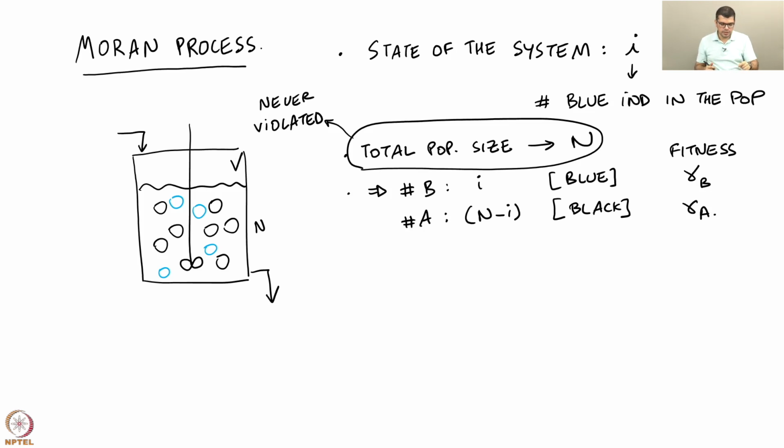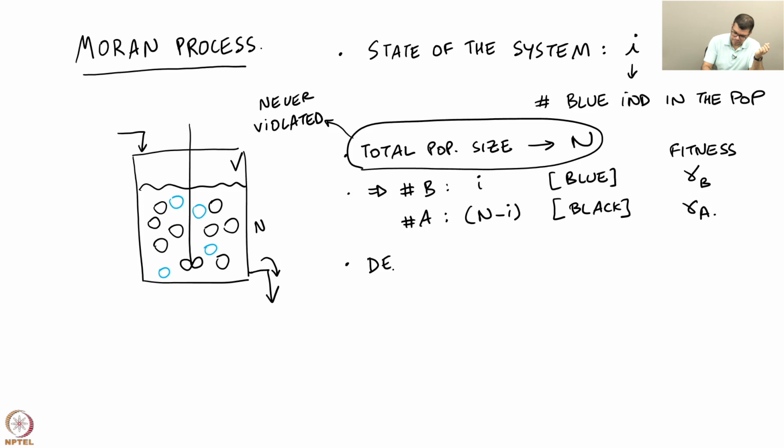However, as you can see, this is a chemostat, so there are bacteria being continuously washed away from this chemostat, and there are new birth events continuously taking place. So, total population size is always equal to n, but this is in the face of bacteria being washed away and bacteria being born. So, what this means is that